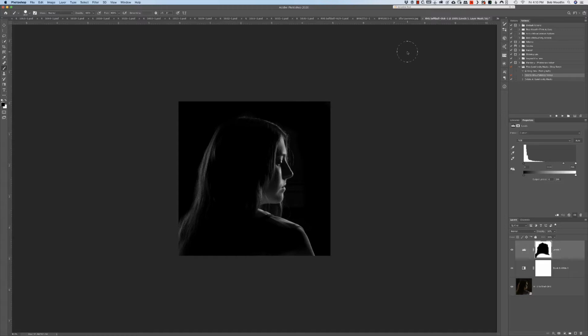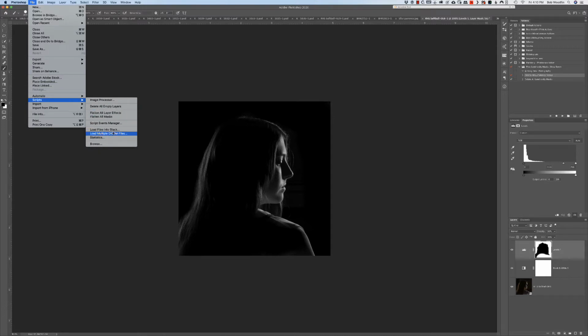I want to talk to you right now about blending images, and there are several reasons you may want to blend images, but we're going to talk about three that I think really come to mind. We're going to start with blending images basically in an HDR effect, but it gives you a little bit more control. So what we're going to do is we're going to go File,